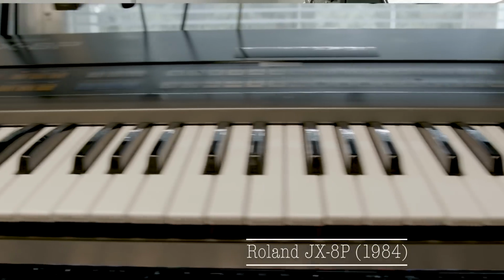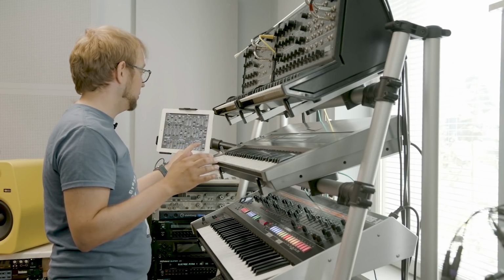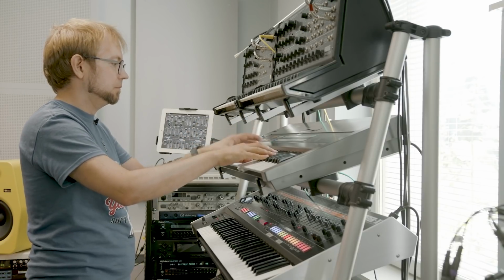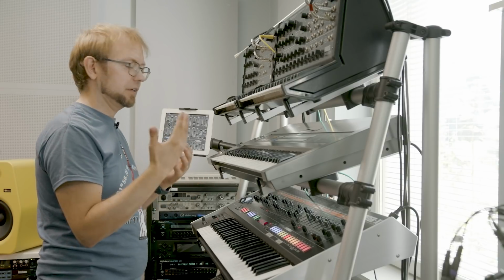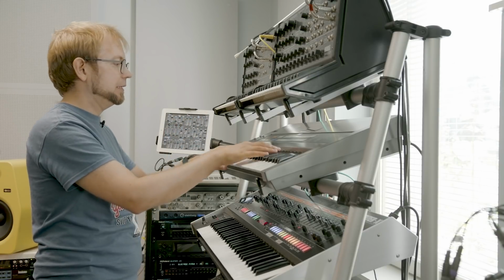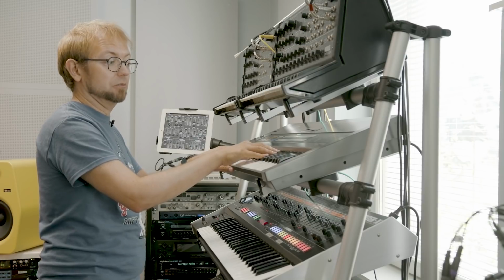This is the JX-8P, which is probably the pad machine if you want to have an 80s type of pad sound. I deliberately did not put any external effects on this one because I just wanted to show how beautiful the release of the sound is. When it dies out, it's really natural. I think I put it a bit too long now, but anyway, it's a real natural type of release. And this is without any reverb or delay. If I turn off the release totally, it's like...